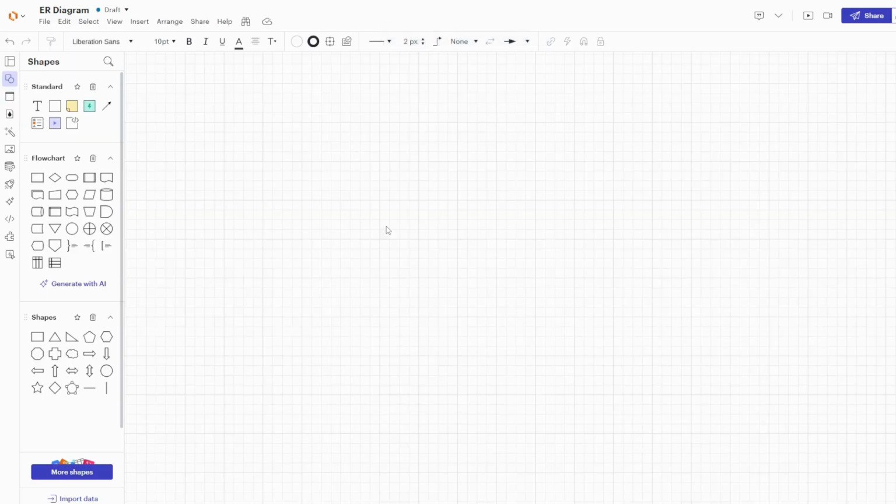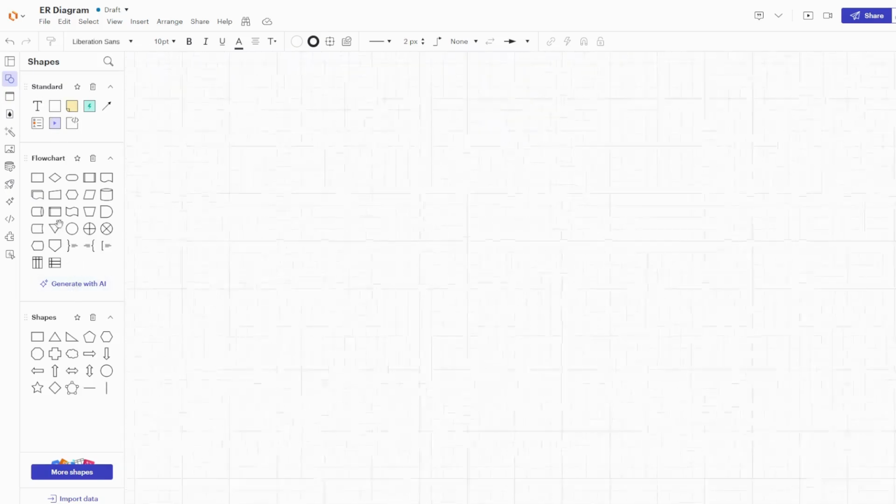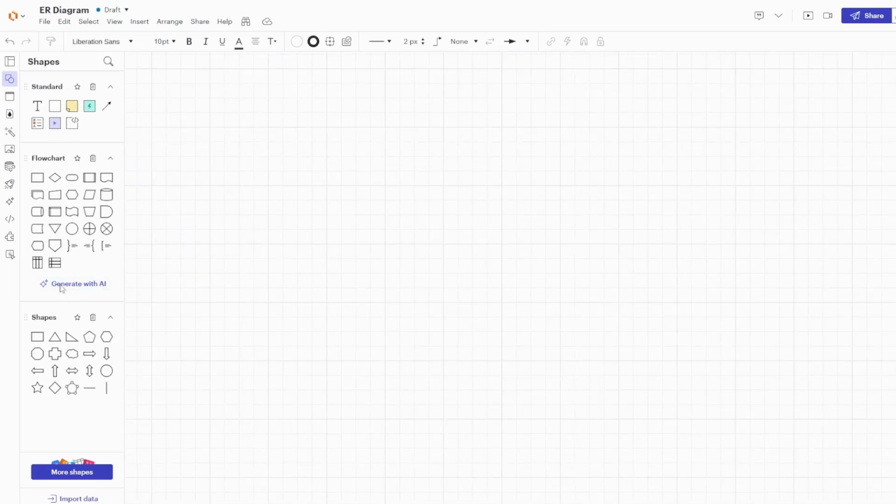Hi everyone, welcome back. In this video we are going to learn how to create an ER diagram in LucidChart. Then we are going to export the SQL query and create those tables in PostgreSQL. So let's get started. Here on the left side, right now I don't have ER diagram selected here,